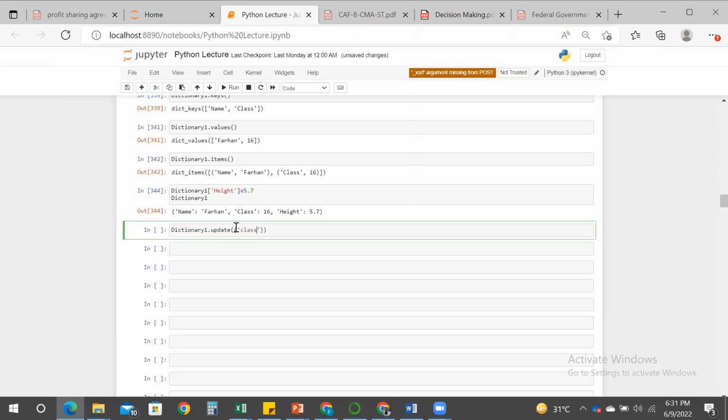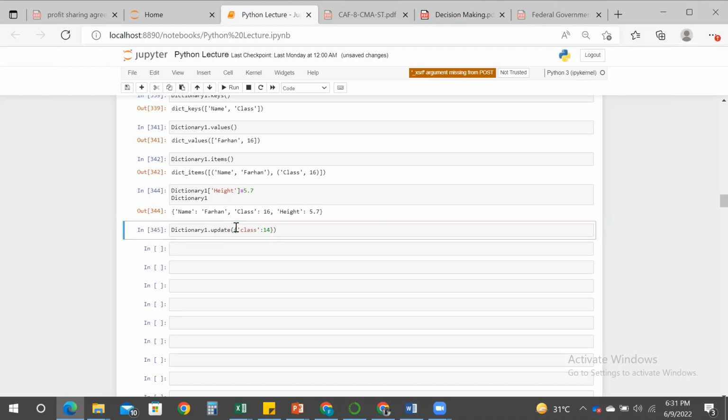So we will type class, and we'll give colon, and after the colon we will give the new or updated value. Let's see, I want to change the class from 16 to 14. So I will give the updated value, and